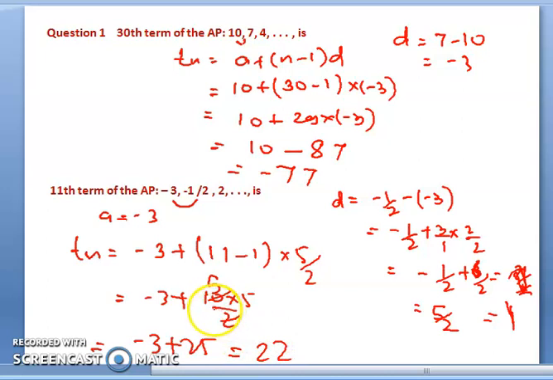So this is how we can find the Tn of this one. Let me check once again. Minus and minus got plus, then I multiplied with 2 and 2, and then 6 upon 2, and then 6 minus 1 is 5 upon 2. Okay. Now moving to the next question.